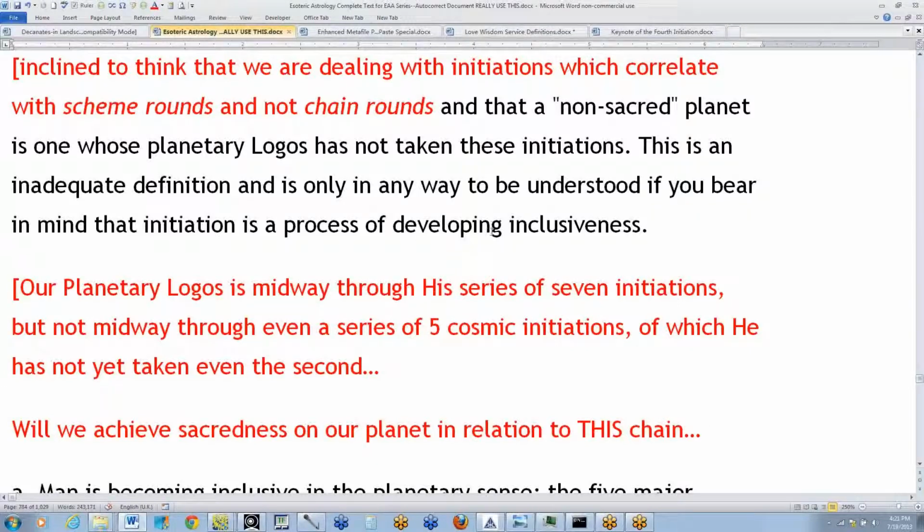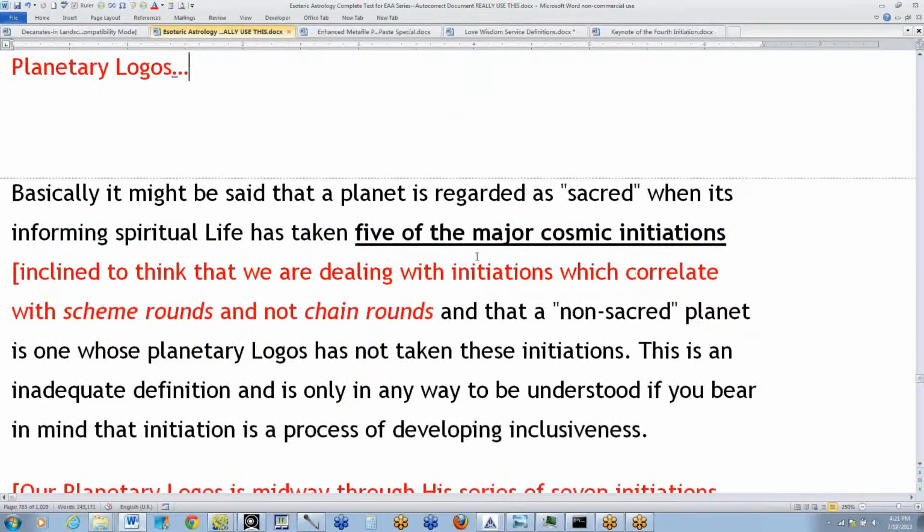And can we say, or does it seem correct to say, that Venus, in terms of its development, and it is a sacred planet, is that far separated from the progress of our planetary logos? Well, perhaps so. So there are some questions here,